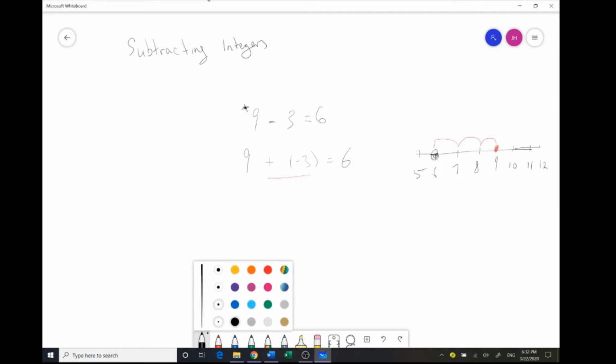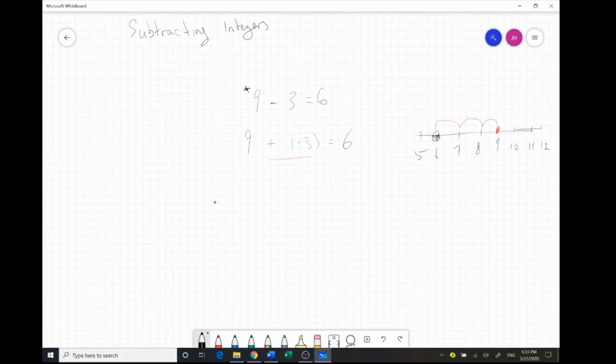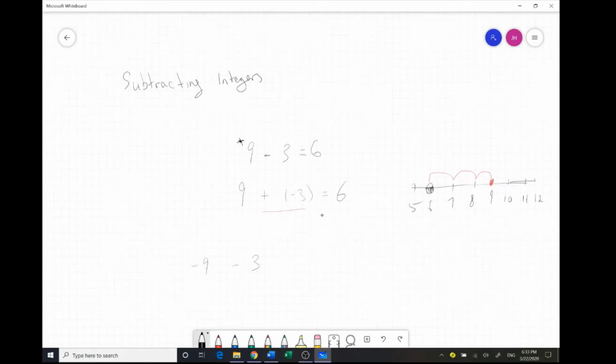Okay, here's how we're going to apply the two rules of adding integers to subtracting integers. Let's say I have negative 9 minus 3. Okay, so what should we do? First, let us just come back to the original example that we began with. How did we get from 9 minus 3 to 9 plus negative 3? Okay, so,